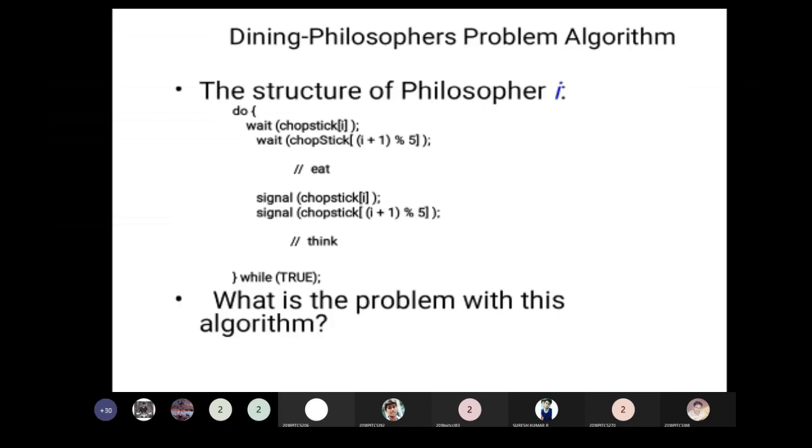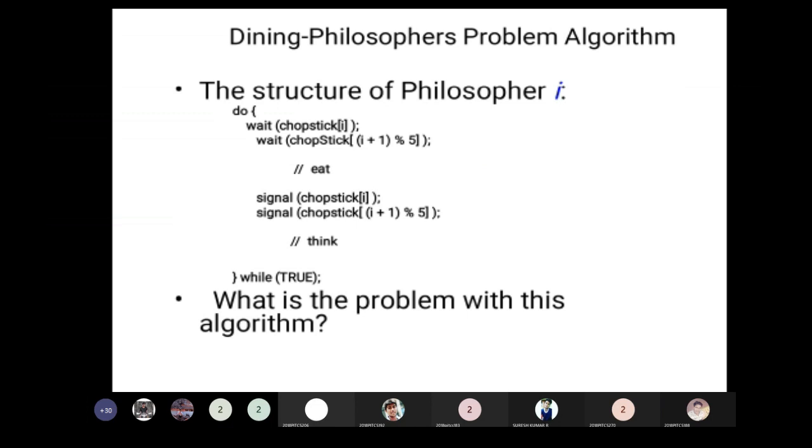So the structure for philosopher i, we are giving here as the solution. Wait of chopstick[i]. Wait of chopstick[(i+1) % 5]. You are using this formula to calculate the index of the chopstick. Eat. Then signal of chopstick[i], signal of chopstick[(i+1) % 5].